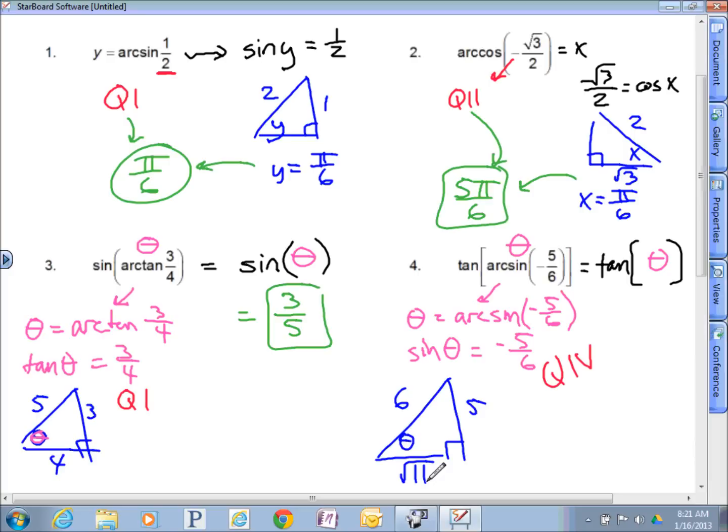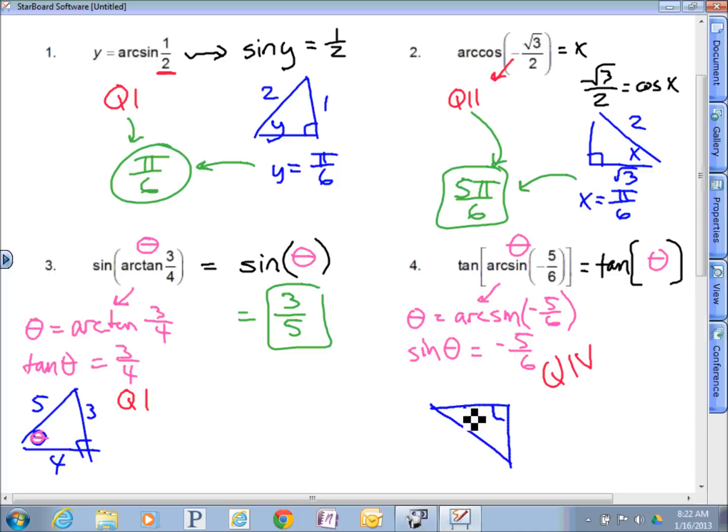So the tangent is going to end up being, well, let's see. Let's not make that look like a negative sign. I'm looking at the opposite over the adjacent for our theta, and I want to put it in quadrant number 4. So maybe I should redraw my triangle. Maybe that would make some people happier. So let's say that I did this. If I redrew this triangle so it looked like it was in quadrant number 4, then what a lot of students will say is: